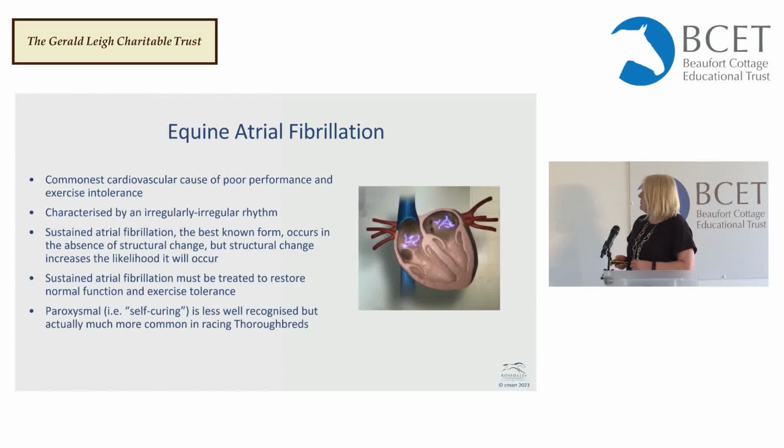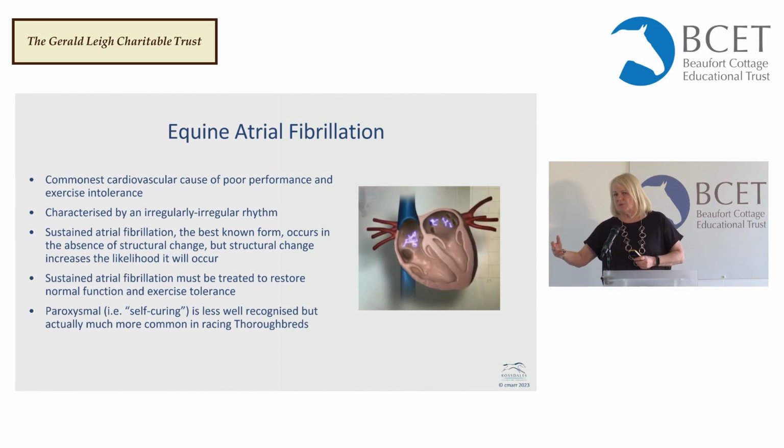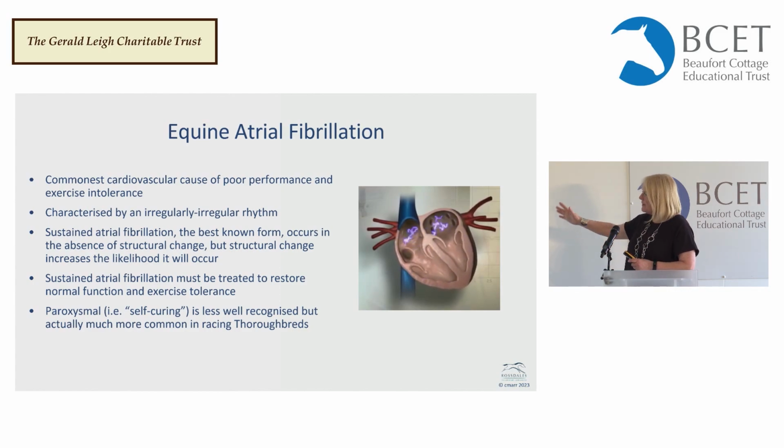So if I move on now to equine atrial fibrillation, this is the commonest cardiovascular cause of poor performance and exercise intolerance, characterized by an irregular rhythm. This little video, which I've clearly stolen from the internet, illustrates what's going on in electrical terms. So we've got random electrical activity circulating around the atria. Every now and again it's going to hit the ventricles, and the ventricles will contract, but they do so in an irregular rhythm. Now, if this becomes sustained, as Laura already alluded to,